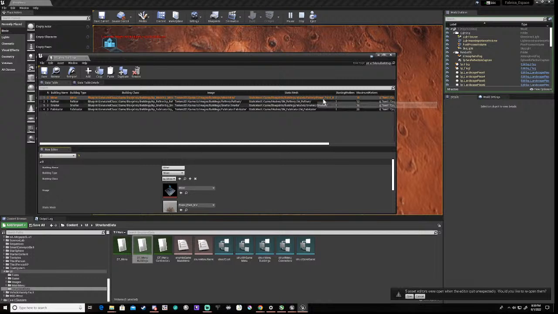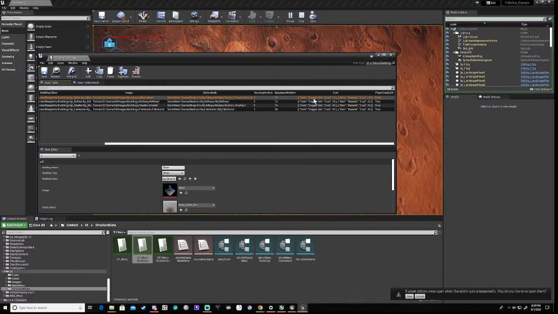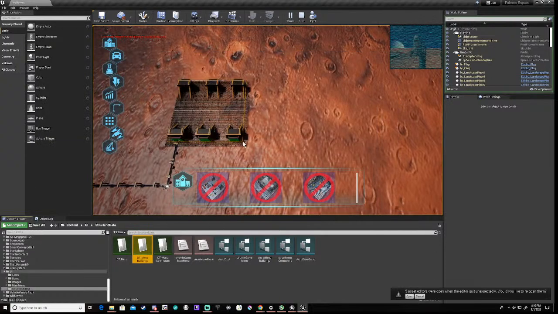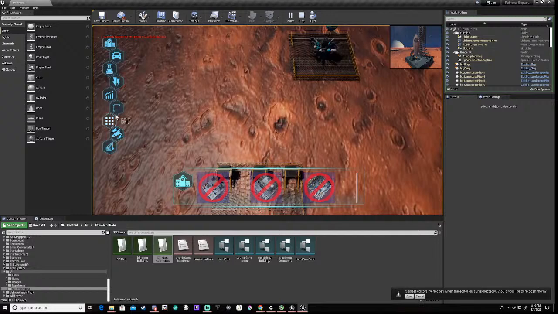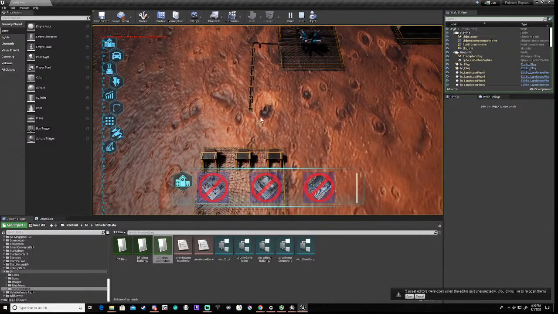So the refiner costs copper ore and bauxite, copper ore and bauxite, 20 each, right? So basically this, if